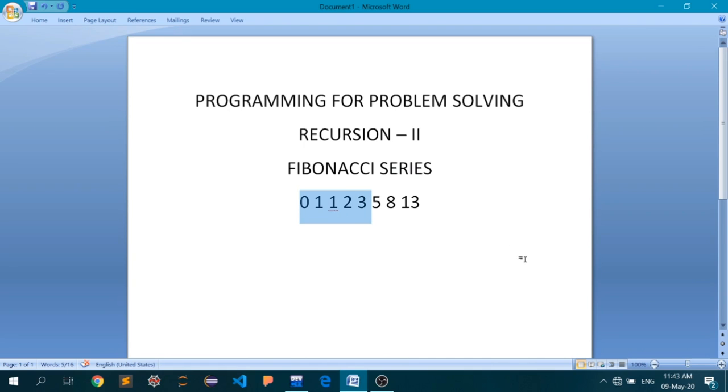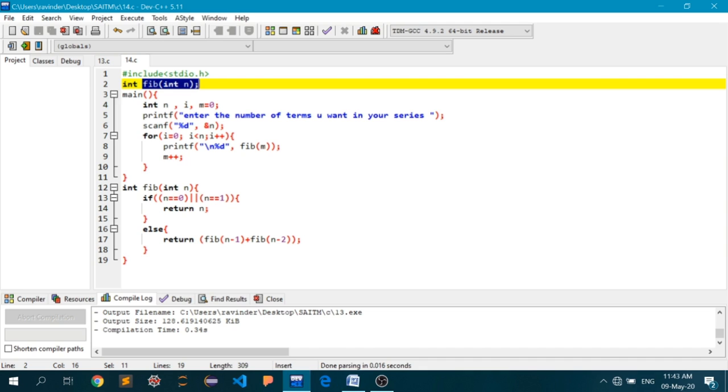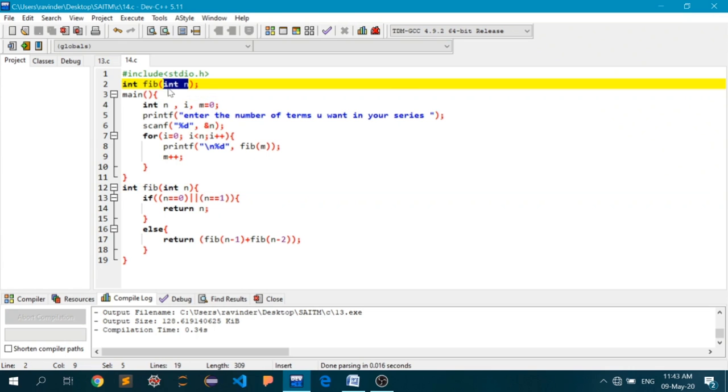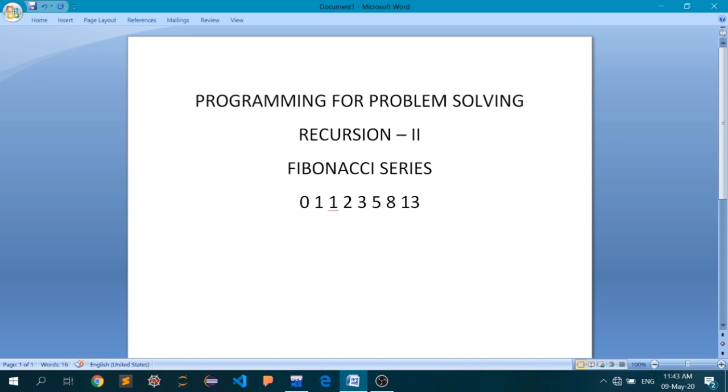But again, let me remind you, my function fib does not return a series, it returns a single value, and that value will be the value at the place which you have input as an argument. So here if I input 5, this particular function will return the value at the 5th place in the Fibonacci series. Okay, I think you have got the idea.